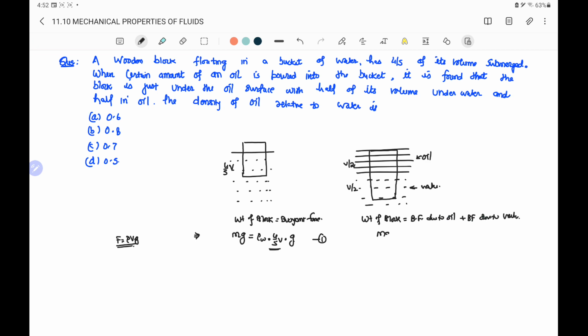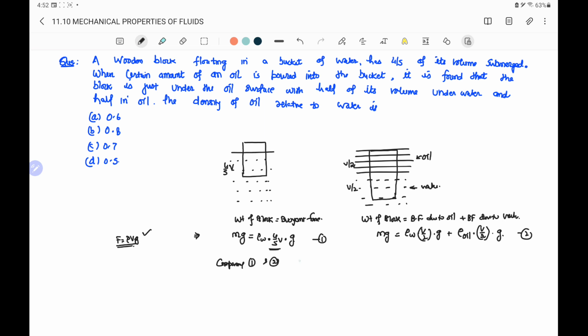Weight is mg, which we have already taken, and buoyant force is rho vg. For water, density is rho w into volume is V by 2 into g, plus for oil, suppose density is rho oil into volume of the displaced oil is V by 2 into g. On simplifying equation 1 and 2, left hand side is mg. So comparing,